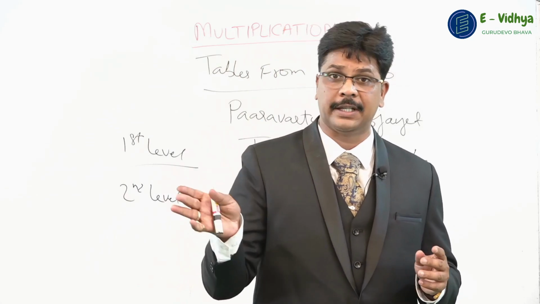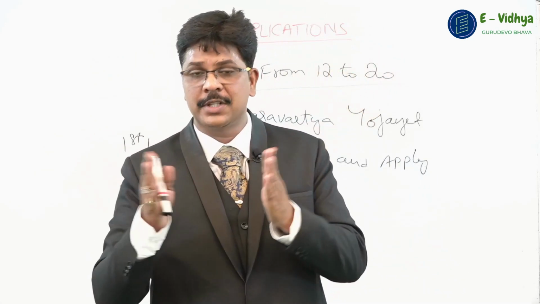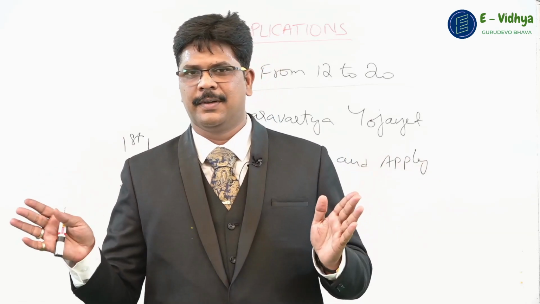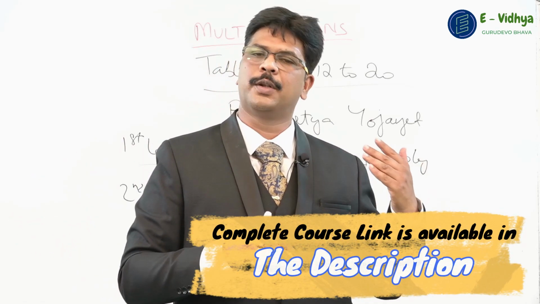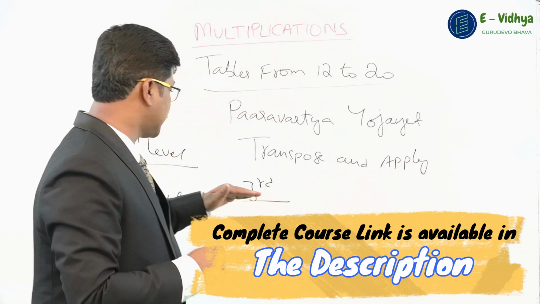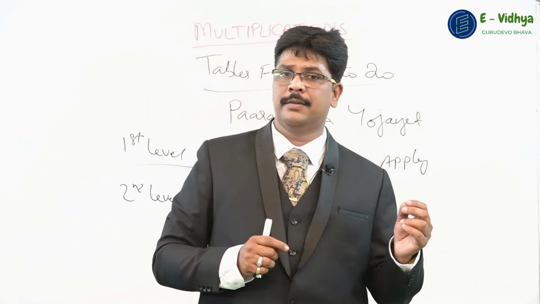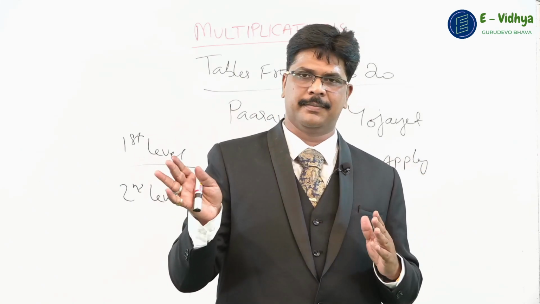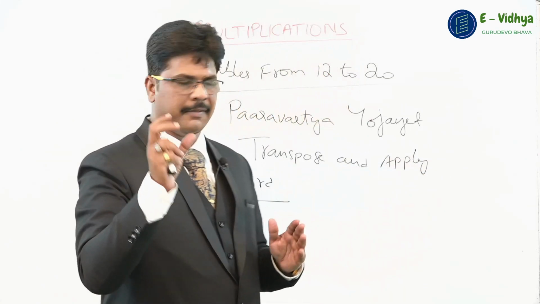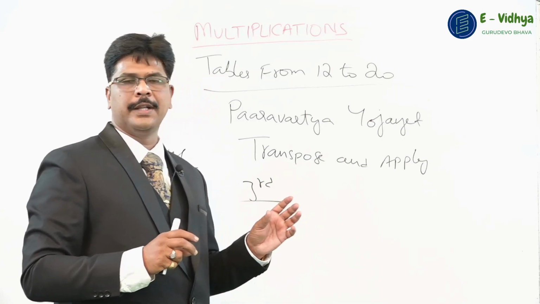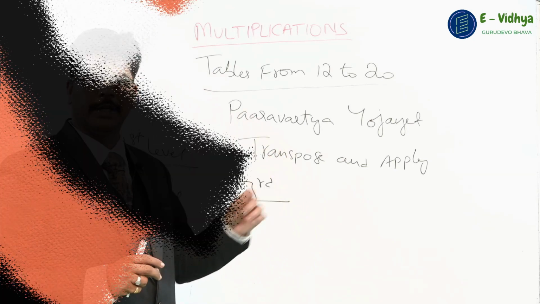You get 133. Now if you can tell these additions fast, that's it. You can tell any table from 12 to 20 very fast. This is the third level, so it's called adding any multiple of 10 to any number. Now with this level 3 additions, I'll show you how we can tell any table from 12 to 20.